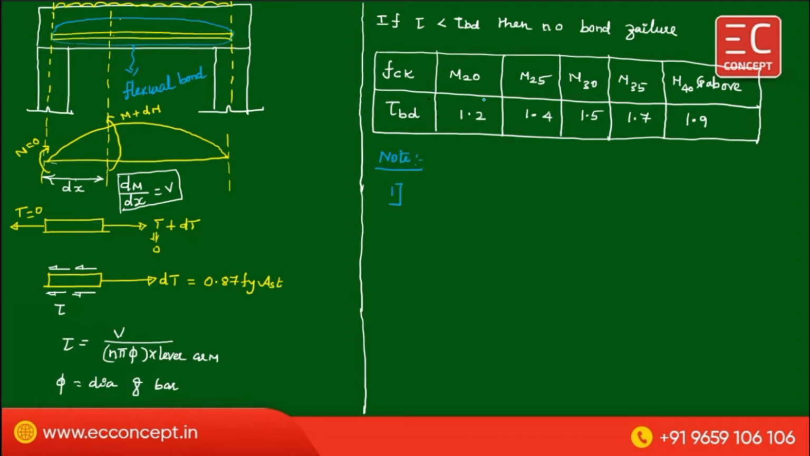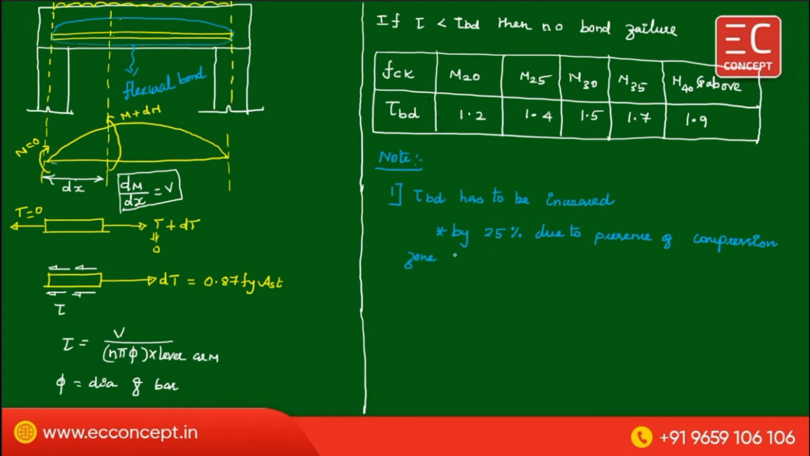Point number 1. This tau BD has to be increased by 25% due to presence of compression. Due to presence of compression, so